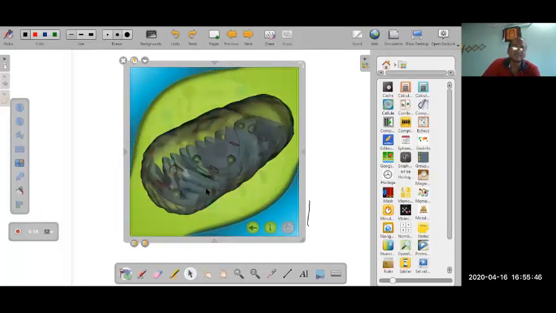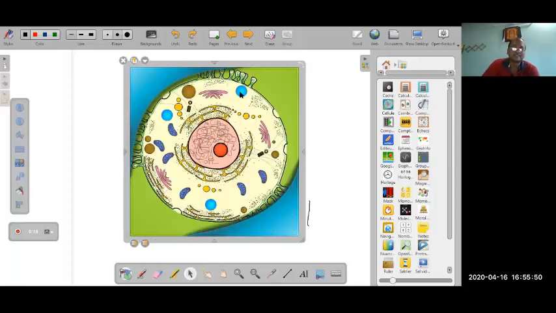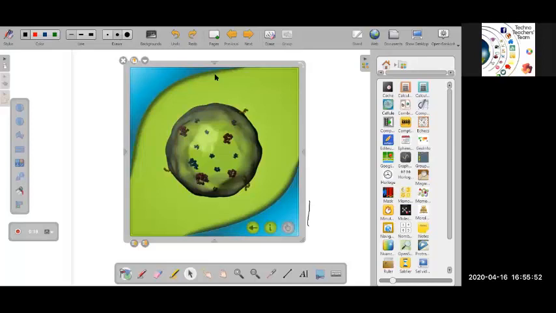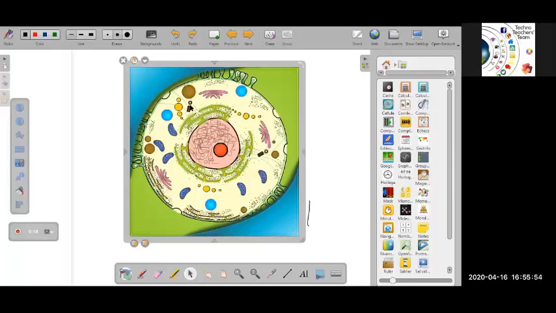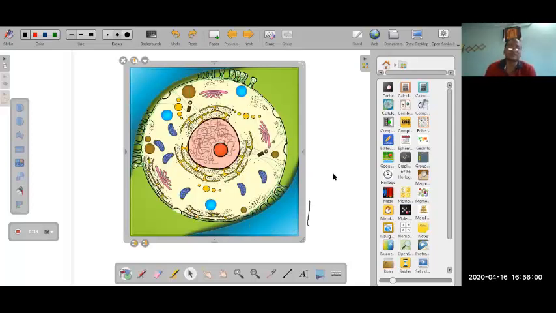So in this picture we have to show everything in a clear way. This type of file will be downloaded from the internet and we can use it in this software.